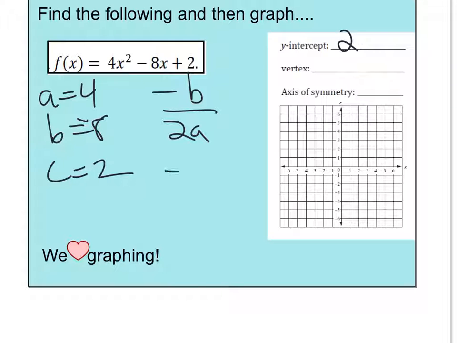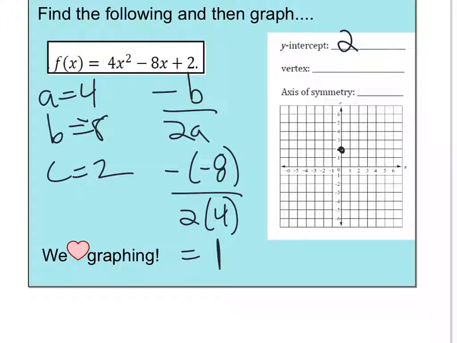So that's going to be negative 8 over 2 times 4. All right, so y-intercept of 2, so I'm going to put that there. When I simplify this, I get 1, so my axis of symmetry is at 1. So as I kind of fill that out,